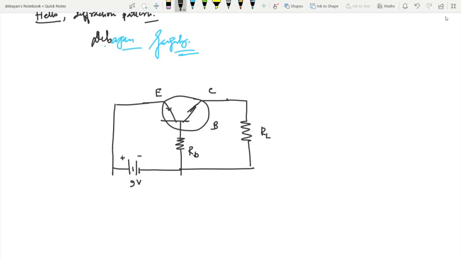So the question is, base current is given 35 microampere, the value